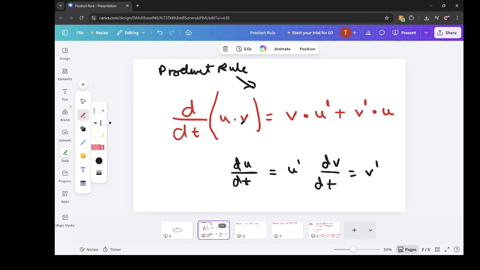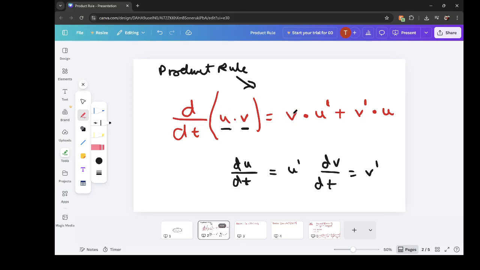So if we have a term or a statement that encloses two different variables, so that means u is one variable and v is one variable. These are two different variables. And if we can't differentiate them without separating them, how would we differentiate? Well, that's where the product rule states that if you have two variables, let's call them u and v, you can write the